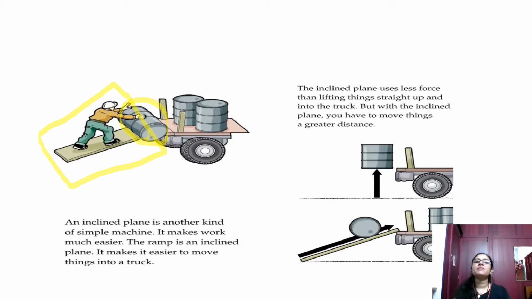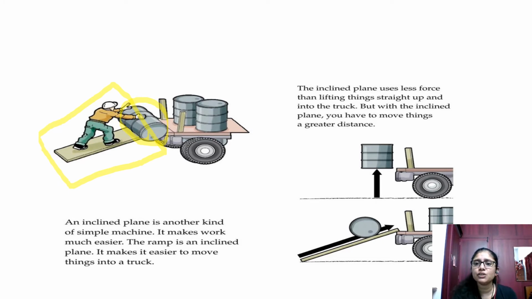So he can move it. And even when I have to put it down after reaching some place, instead of pushing it like that, what I can do is use the ramp again by just rolling it. I just have to push it. What happens, through the ramp the barrel will come down. So this is one example.